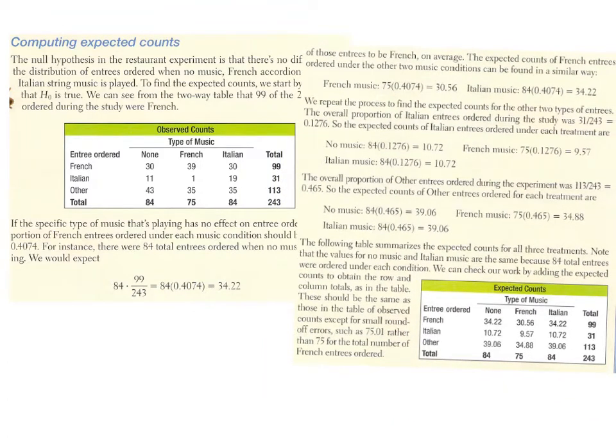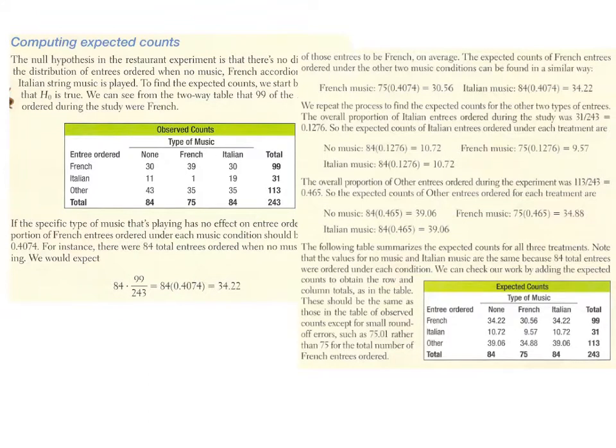that were ordered were Italian. So I get my 31 over 243, which gives me a percentage of almost 13%. Then I apply that to my entree totals for each night. And I expected, when there's no music, to see 10.72 Italian entrees. When there was French music, 9.57 entrees that were Italian, and 10.72 Italian entrees when there was Italian music